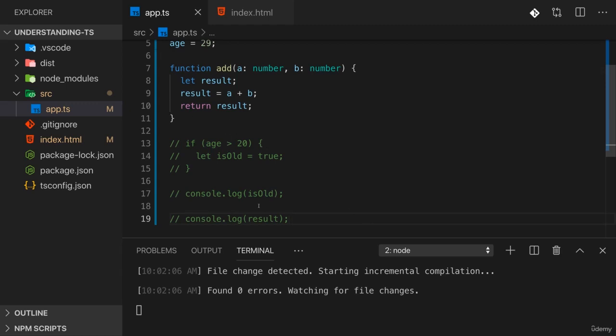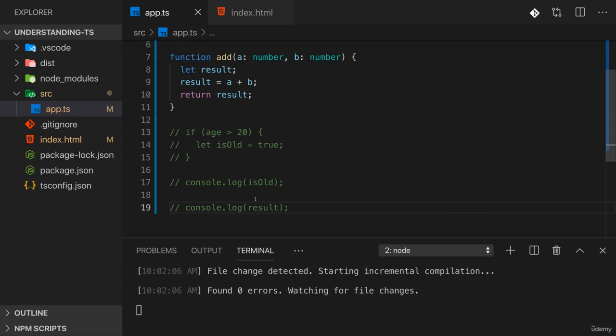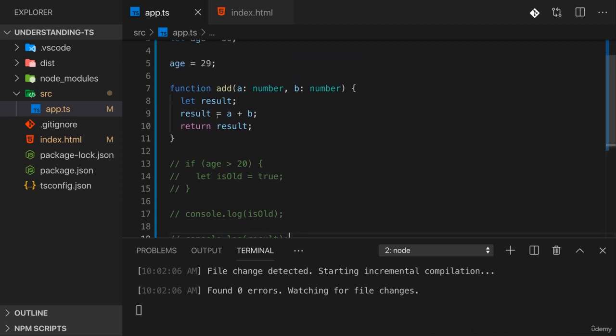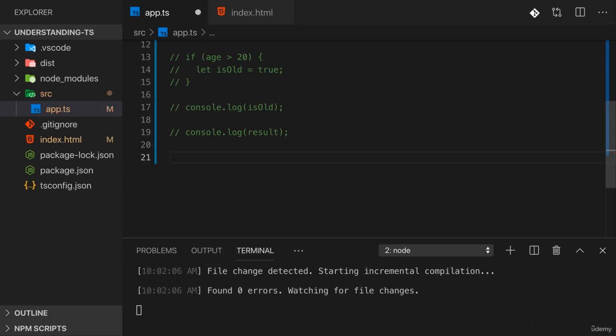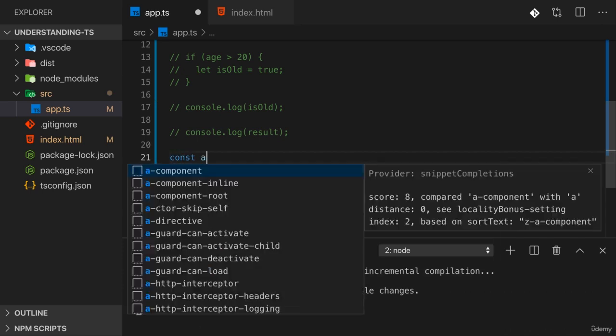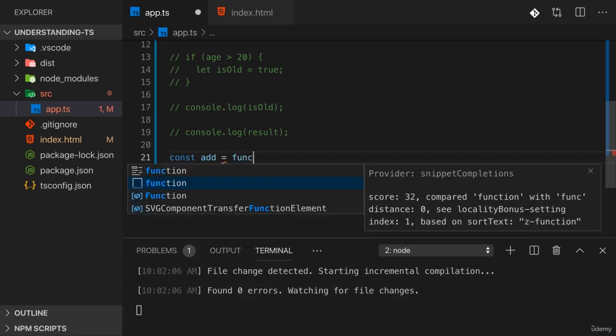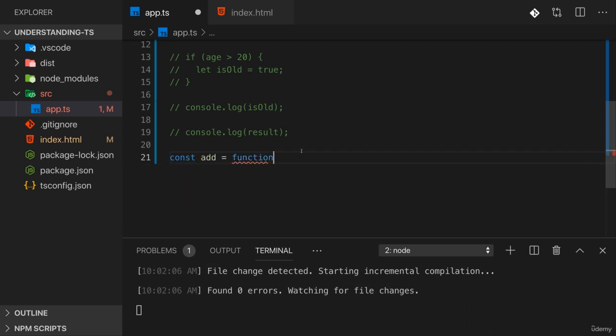Now, besides let and const, another major feature added with next-gen JavaScript, with ES6 specifically, were arrow functions. Now let's rewrite this add function down here, and let's not use the function keyword, but let's instead use this new arrow function syntax. For that, you have to write the function as an expression which you store in a variable. So we could have our add variable, and that can hold a function with the function keyword, as you